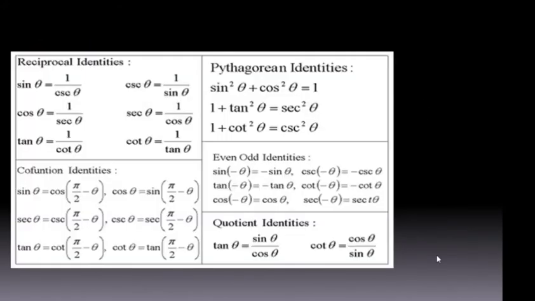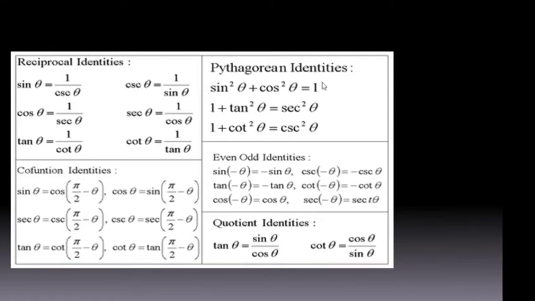Next slide. Okay. Now here are some of the formulas which I came across. So I just thought I'll share it with you. You can just go through this. You might require one or the other while solving the problems. So you have here the reciprocal identities. That's what I told you just now. That sine, cos and tan are just the reciprocals of cosec, sec and cot. Okay. That is what is given over here.